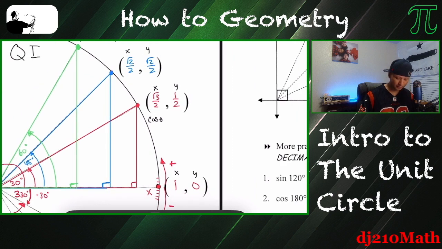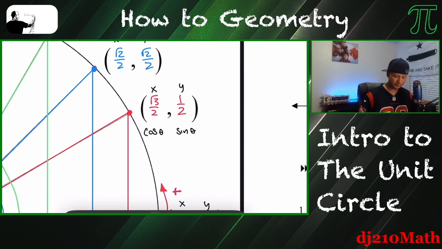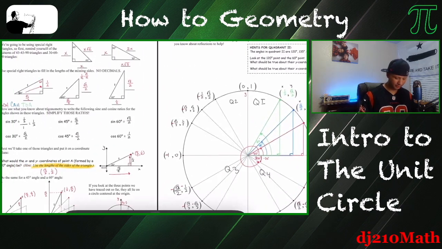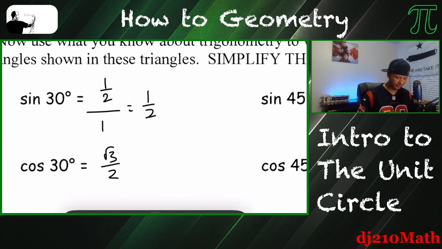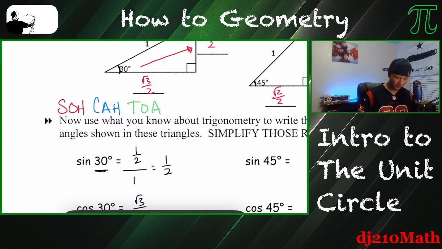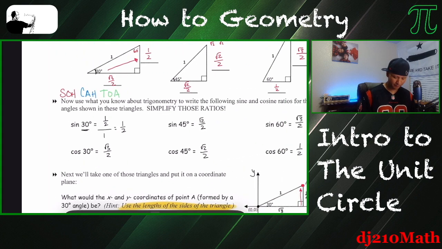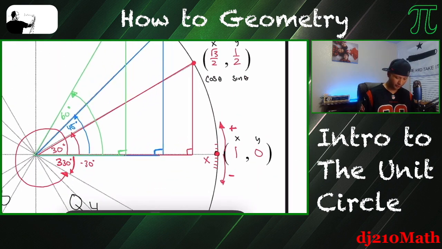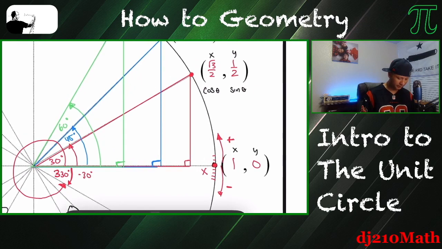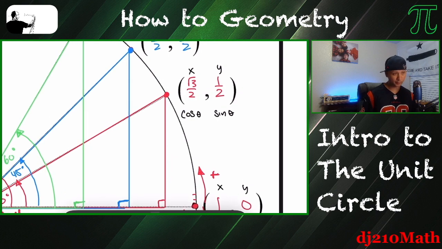And associate sine of theta with y. I know it's a bit of a stretch, but if you can do this, right? Because if you think back to the example, we said that the sine of 30 is 1/2. Sine of 30 is 1/2 because of the special right triangle case. Well, that's always going to be the case. So when you look at 30 degrees, the red triangle, sine of 30 is 1/2. That's the y coordinate. So that's why I say go ahead and start associating sine with y and cosine